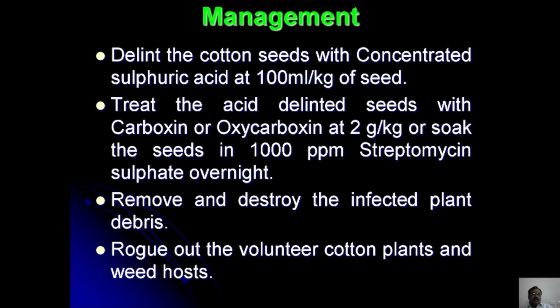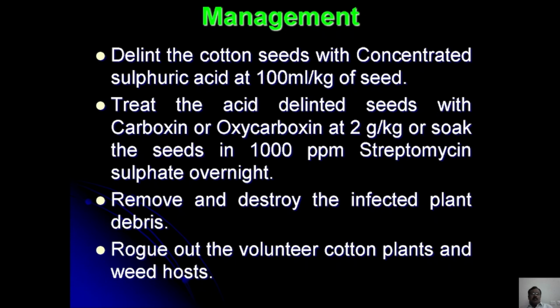After the acid delinting, treat the seeds with carboxin or oxycarboxin or even carbendazim at the rate of 2 gram per kg. And then soak the seeds in 100 ppm of streptomycin sulfate solution overnight, which will also be helpful in controlling the pathogen. And as studied in many cases, the infected plant debris serves as a source of inoculum, and